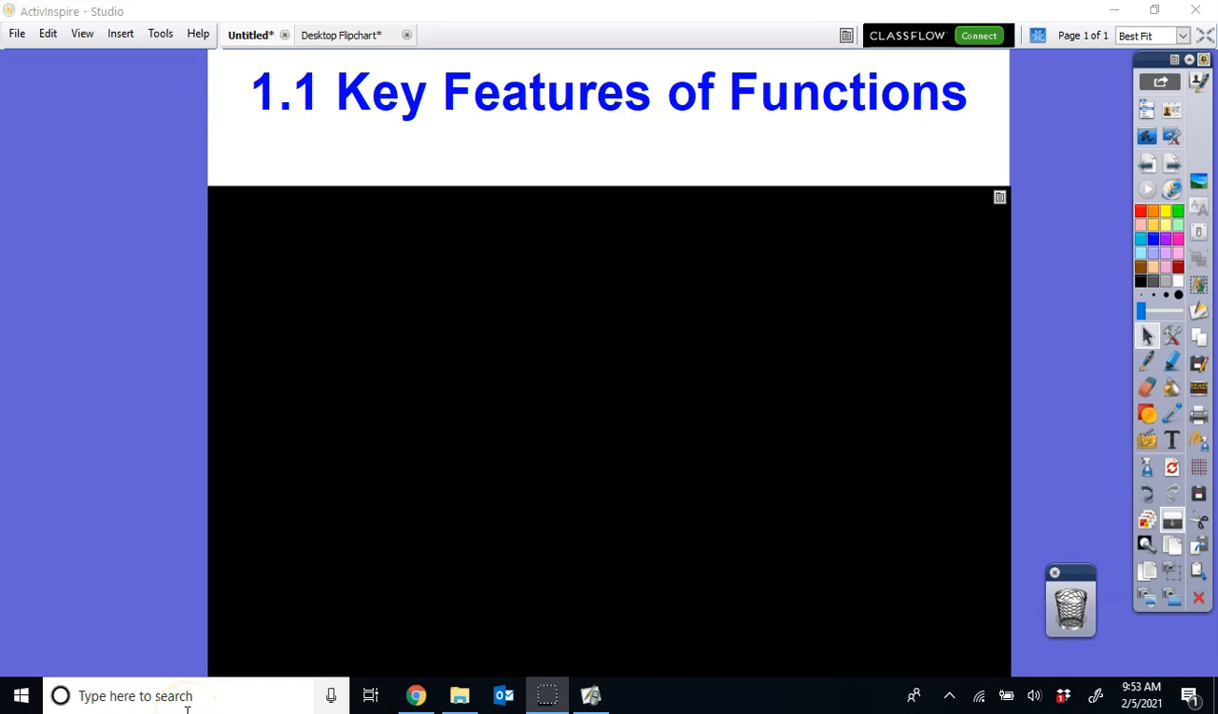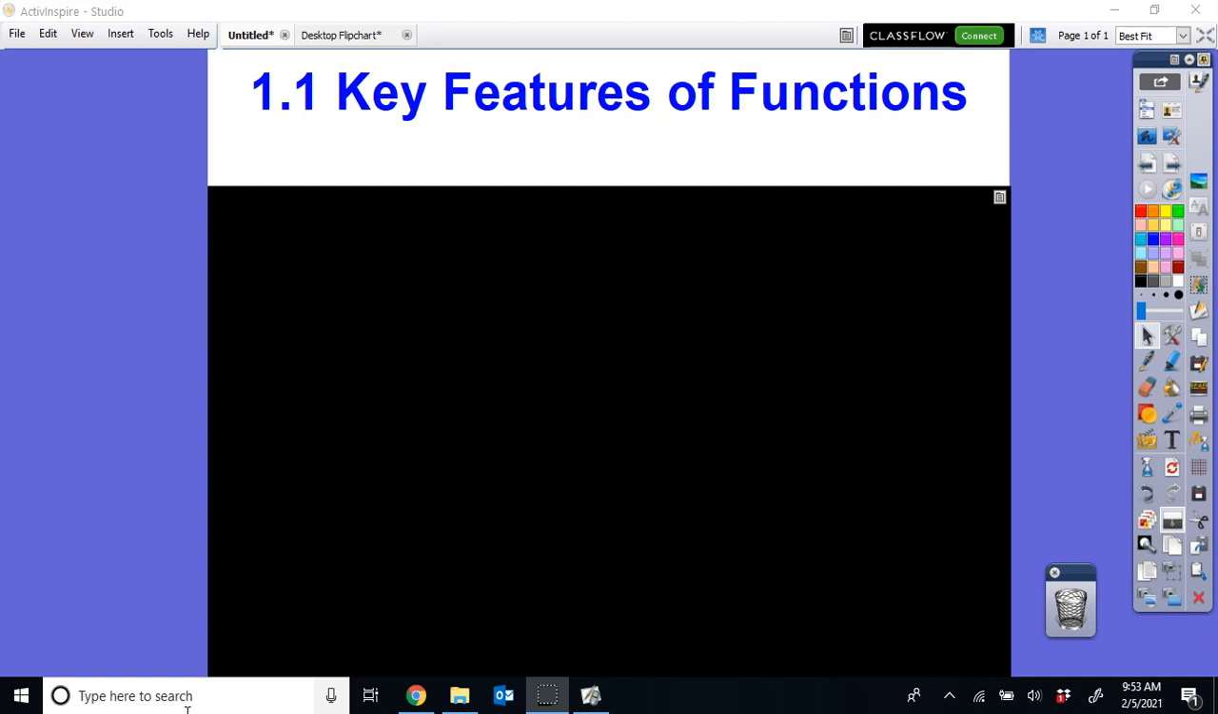Hey guys, we're going to take a look at our first section of our textbook today. Now, our textbook is completely online. I'm going to show you how to get to that and give you a few features about the textbook here in just a minute. Today, what we're going to do is look at section 1.1, which is talking about key